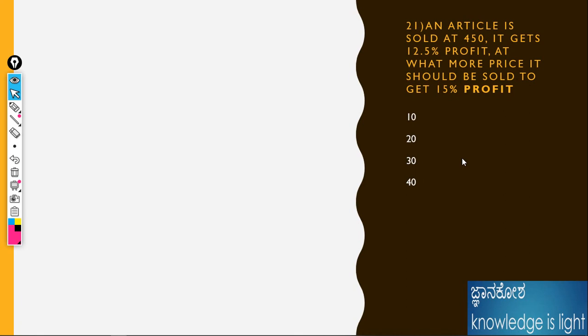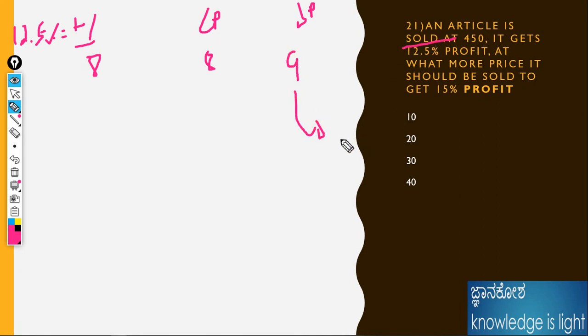Okay, next problem. An article is sold at 9, a similar kind of problem. If we get 12.5%, and 12.5% is 1 by 8, the profit is 9 by 8. We already know 12.5% from the table as 1 by 8. Please keep the table with you if you are not at all aware. What is the CP and SP? Plus 1 means 8 by 9. What is given? The selling price is 450, so 50 means 400. 400 is the cost price for the product.